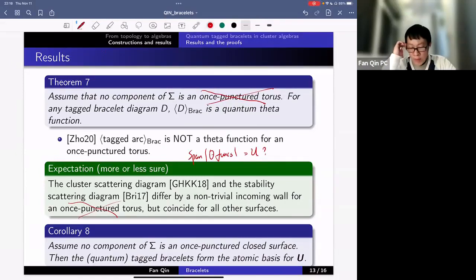So if it is not a once punctured closed surface, the cluster complex is dense in the scattering diagram. So we know that it is a basis. And in general, we only know that it spans the middle cluster algebra. So in general, it is a subalgebra inside. So there are lots of difficulties for this part, because the main reason is that the cluster complex,